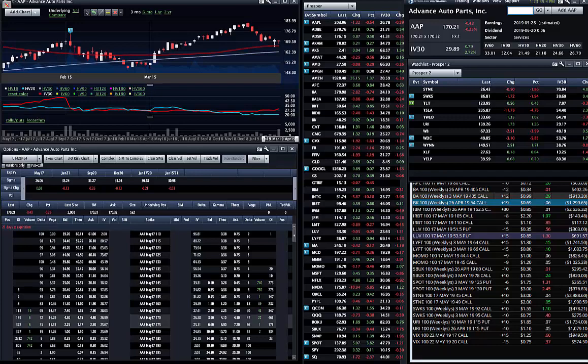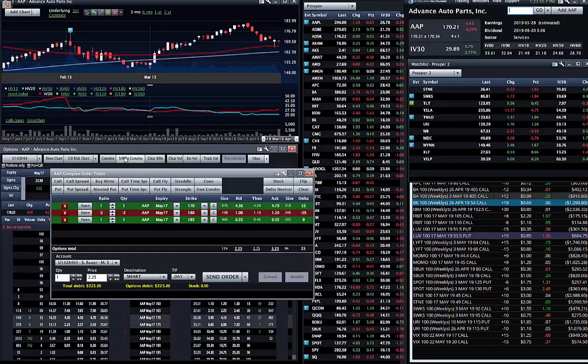Okay, so if we do look at that 170, and we only have $5 wide strikes here, so if we go out to regular May and we do, I believe you said the 70, 80, 85. Now realizing you're buying an at-the-money call, slightly in the money at this point, but it is trading. The market is 2.25, 3.25, which makes 2.75 mid-market. I think you said you thought you could do it for about $3. I think you could definitely do it for $3. You probably could do it a bit cheaper. I'm going to use 2.75 as my